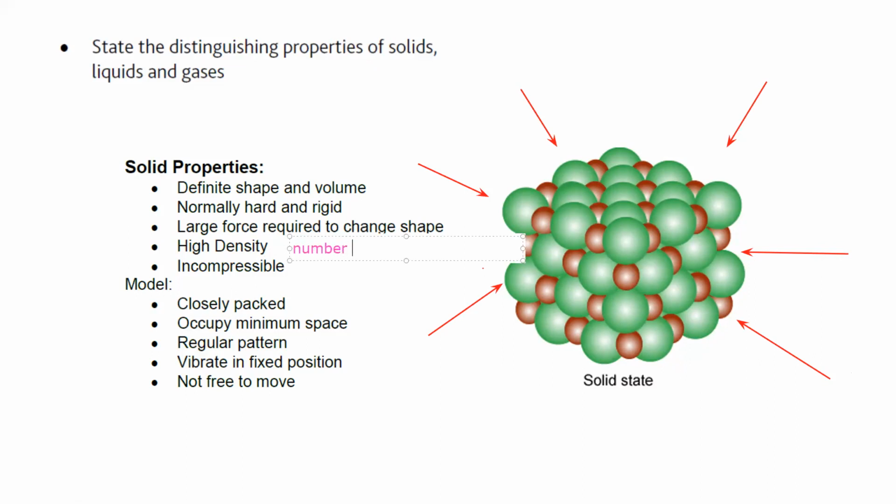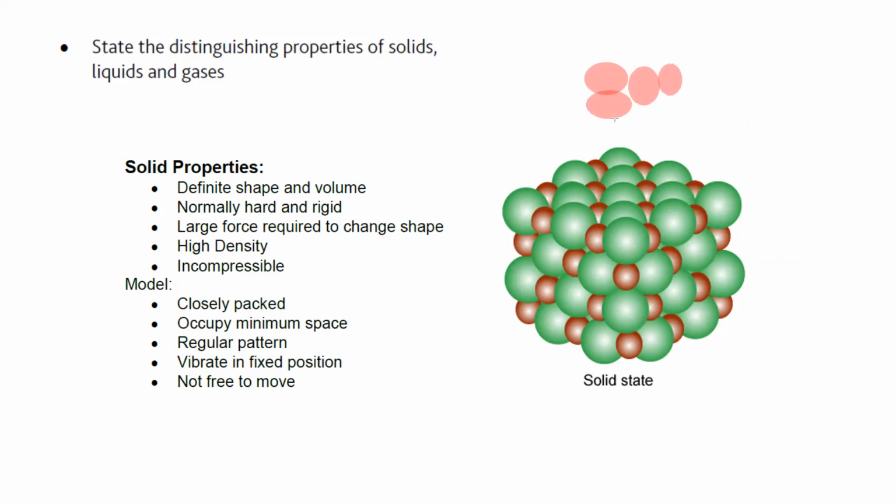When we compare the structure of a solid, the particles are held together by a relatively strong force. In a liquid, the particles have a weak force, so they are further apart. And in a gas, the particles are far apart from each other. Comparing arrangement and type of motion, in a solid the particles do not have free movement. They can vibrate about a fixed position, whereas in liquids the particles move around each other, and in gases the particles are very spread out and they can move randomly.